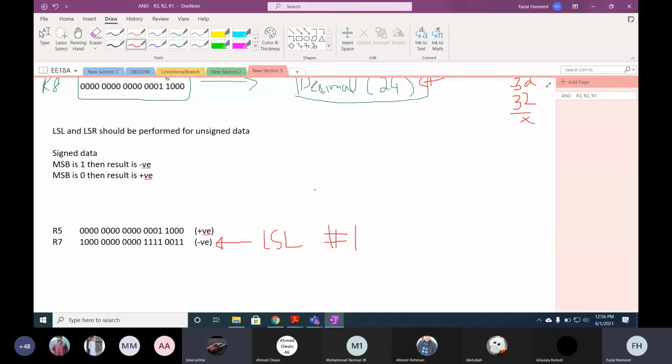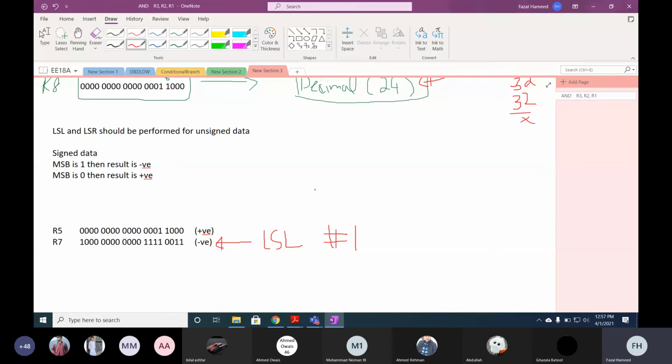Will there be an overflow situation in this? Overflow, I already told you earlier that you should know the range of the data. It's not even the overflow. It means that the negative number will become a positive. Yes, you are also right, but if you do the logical shift left operation, maybe the overflow is 1.